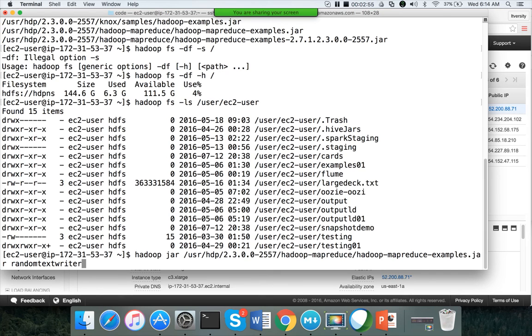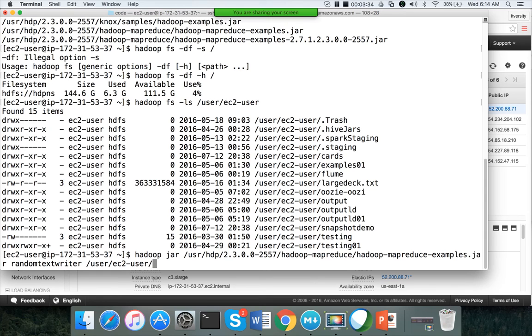If you are not sure about what should be used, you just type hadoop jar and this jar file and hit enter. It will show all the applications that are available, and then you can run the application to understand the usage of that application. Here random text writer randomly generates some text data and dumps it into the output directory, so it takes only one parameter. So I will be giving /user/ec2-user, and when you typically run these MapReduce applications, unless